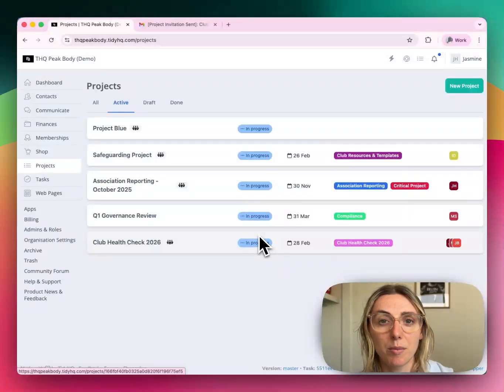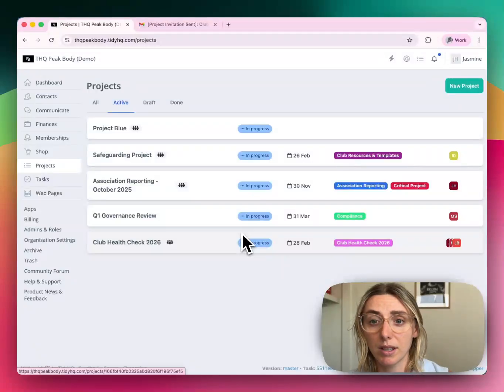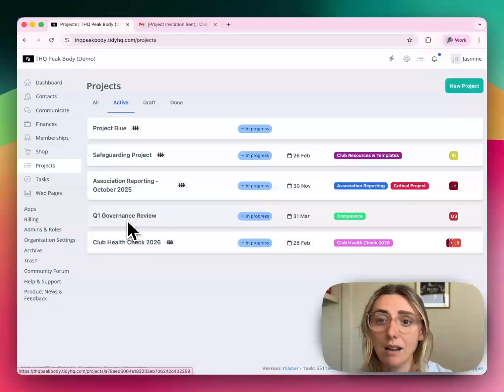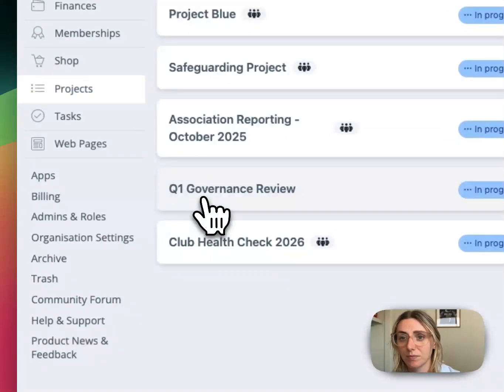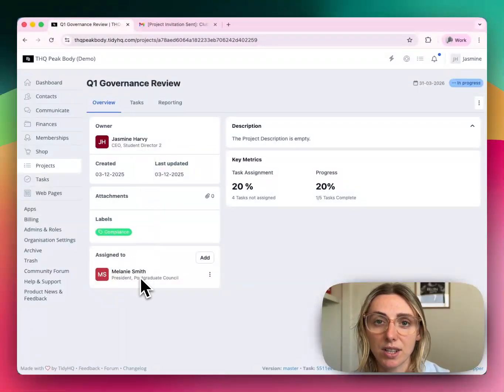All right, you'll see on my screen here, we're in my projects section and we're in my active projects. So what I want to do is write some notes about a particular task I've been working on or I'm currently thinking about. I'm going to jump into the internal one that we're doing. So the internal one that I have is this Q1 governance review that I'm working on. Okay, so this is me, I'm the owner. I have assigned it to Melanie. So perhaps Melanie's away and I've just got to jot down some notes for Melanie or for myself about this